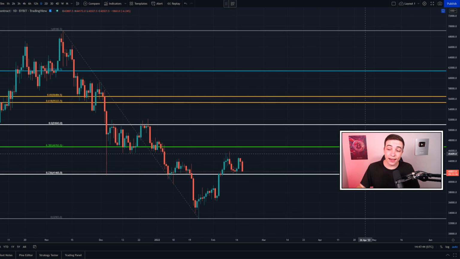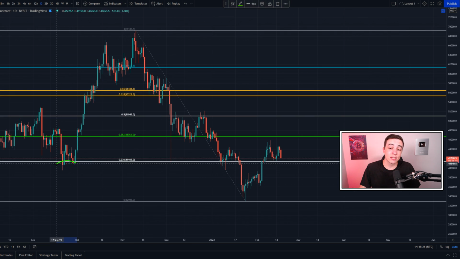Now looking at the daily time frame for Bitcoin, bringing out the linear Fibonacci levels, one important level of support is this previous 23.6% Fibonacci level coming in at approximately 41,500. So that is obviously an important level for Bitcoin to hold, but if we do end up falling below 41,500, then I'll be focusing on 39,500, because that is where we found some short-term support right here, and that is also where we bottomed out during the September correction.